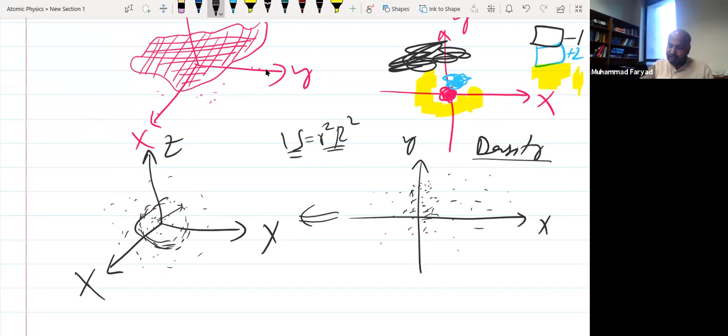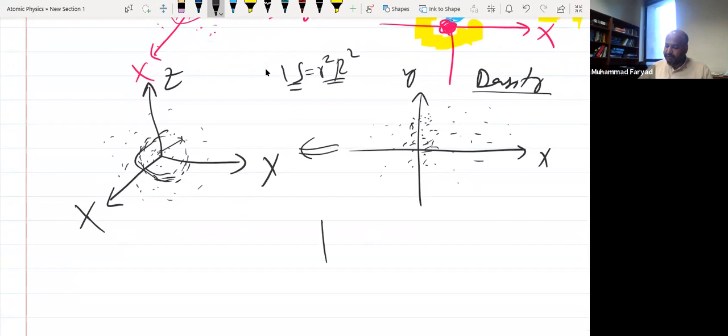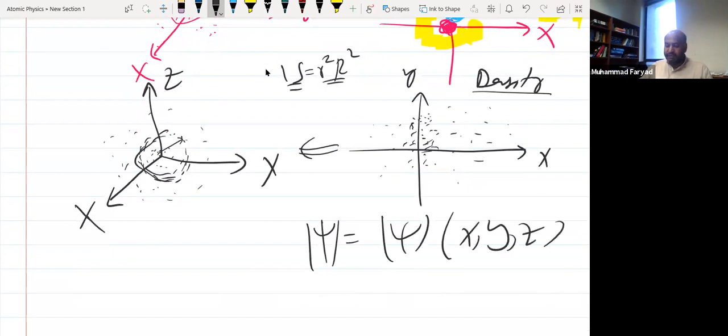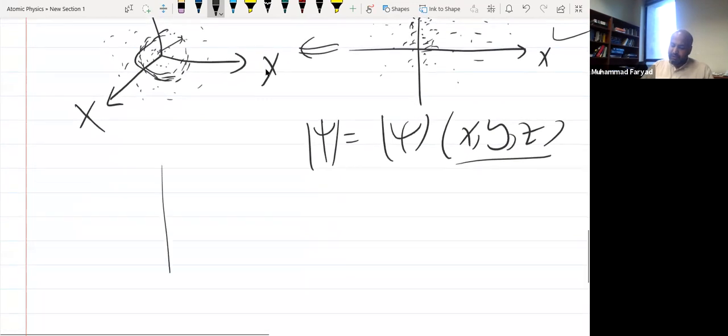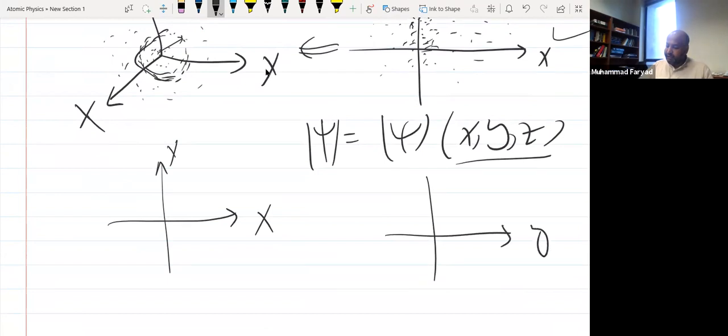But if your function already is a function of 3 coordinates, for example, we have the psi mod. So this is a function of 3 coordinates. So we can either represent it as a density map in 3D, but still when we print it in a book, the book is evidently a 2D construction. So usually instead of just giving these 3D plots, what people do, they give its different cross sections. Okay, for the same function we can have an xy cross section, we can have a yz cross section of